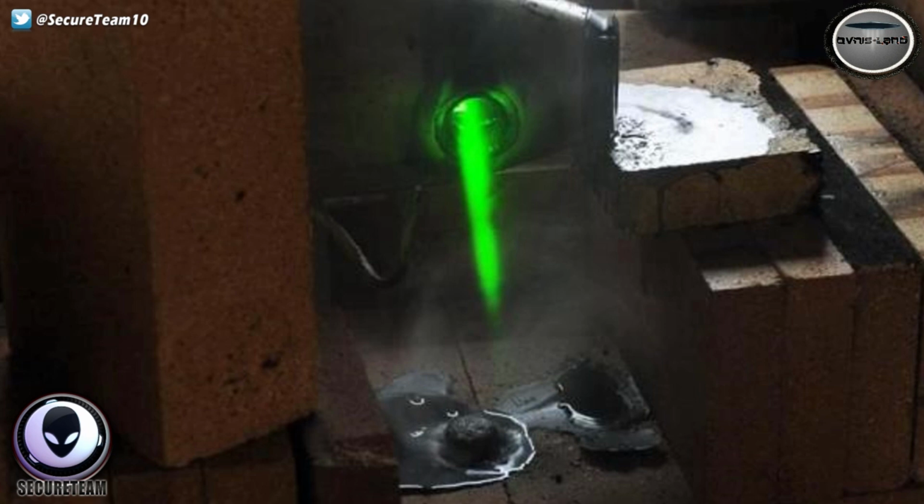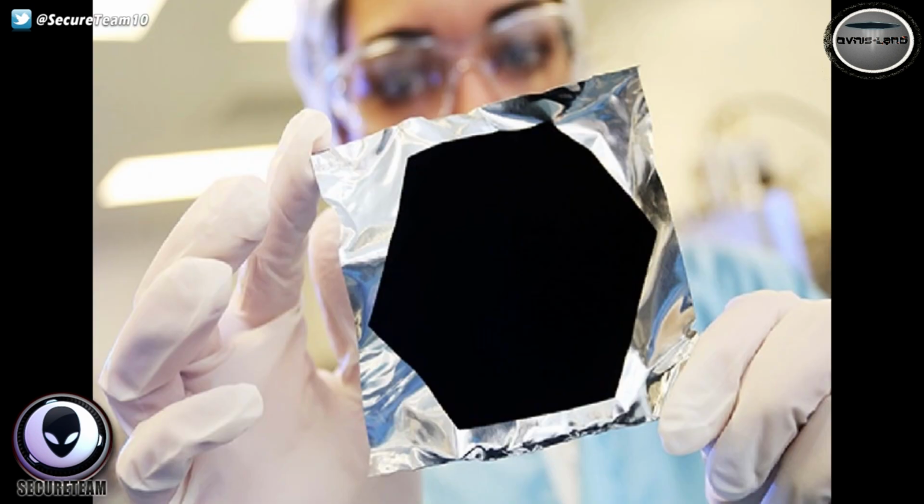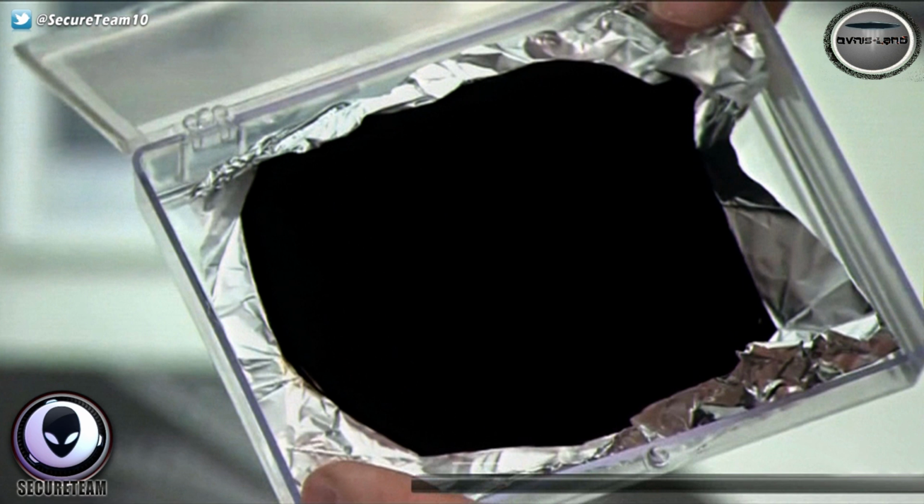So another thing, something cool that I wanted to show you guys that will also likely be used in some sort of military application, is what you're seeing here. This black circle was created by scientists, and it is known as the darkest material in the world. It's so dark, in fact, that the human eye can't even process it. It's called Vanta Black, and it first came into view a couple years back when a team of British researchers claimed that they had discovered the darkest substance known to humanity, and that this new substance was capable of absorbing nearly